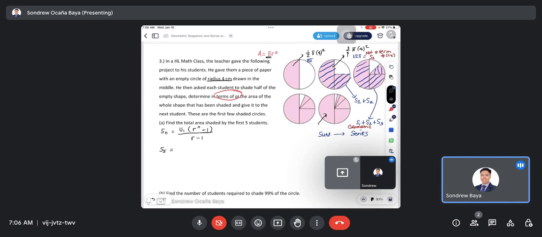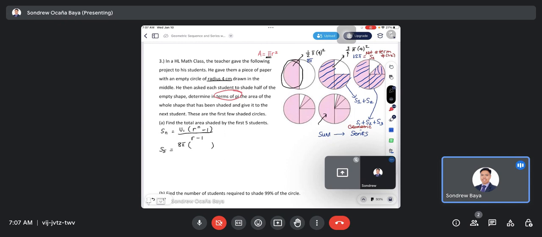If you try to look at this, we can look at it as if the first term, or the first one, this one, is actually our first term. The total area shaded by the first student is actually our first term, because that is the first data that we have. So we can make use of it as our u sub 1. So we can say 8 pi